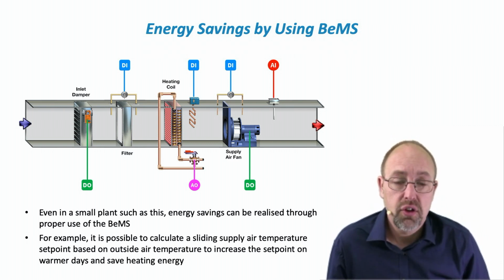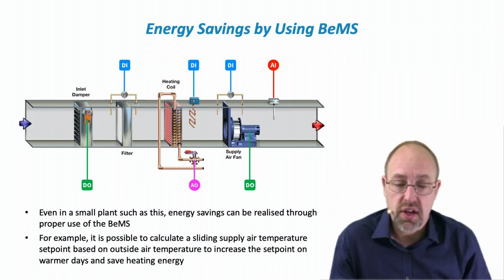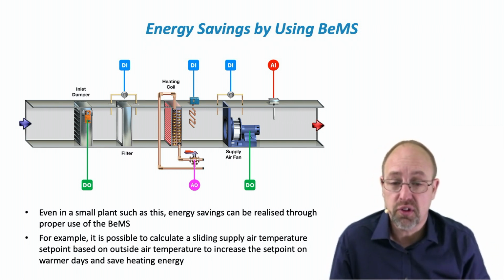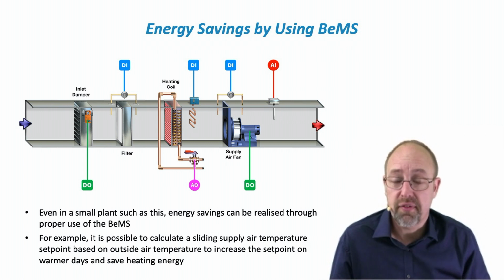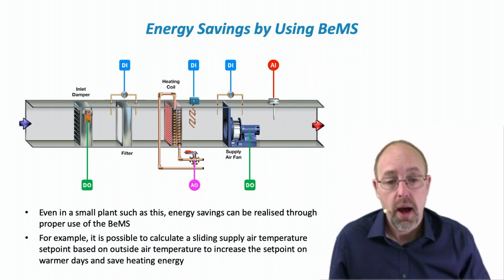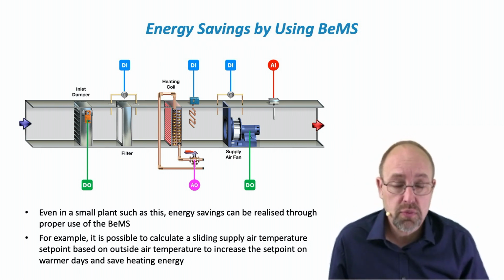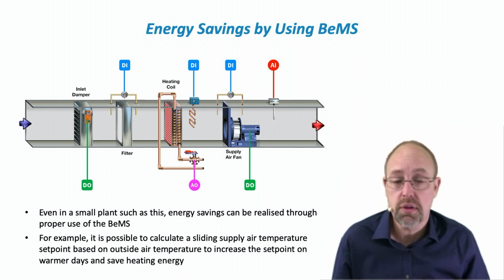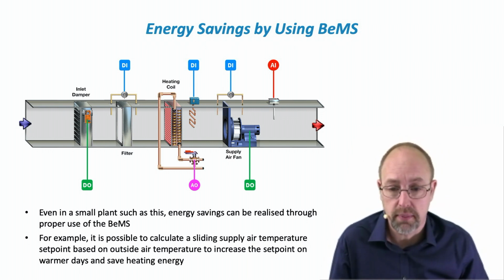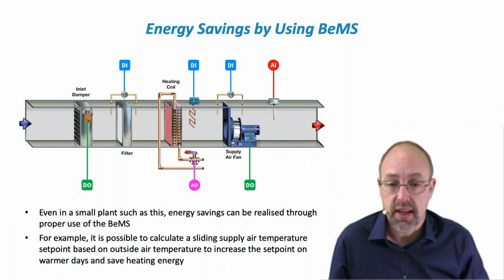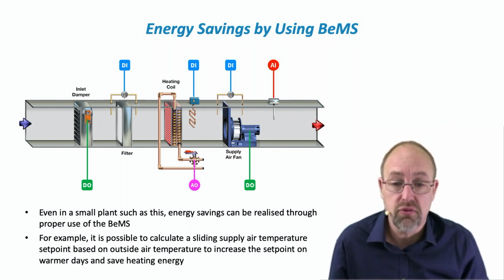Energy saving using the BEMS, how does this relate to energy savings? In all honesty, I had to rack my brains about this one because on a system this small, it's quite difficult to come up with, oh, how do we use this to save energy? But just by having proportional control on the heating coil, you are going to be using less energy than if you're switching on off. You would probably, on a system like this, actually have some kind of speed reduction on